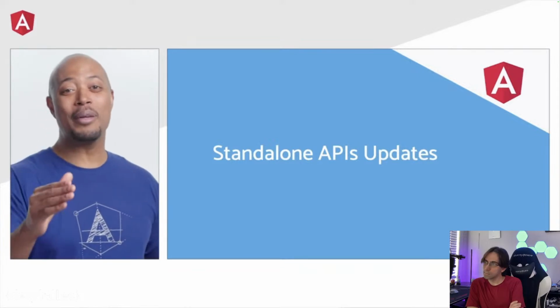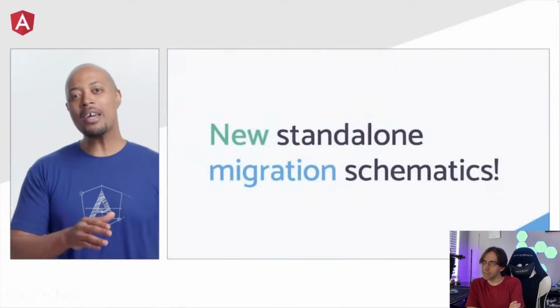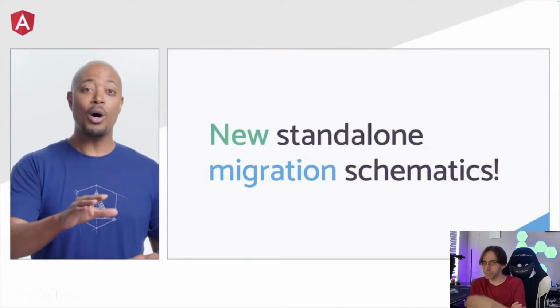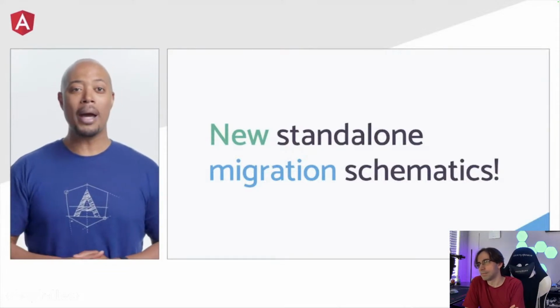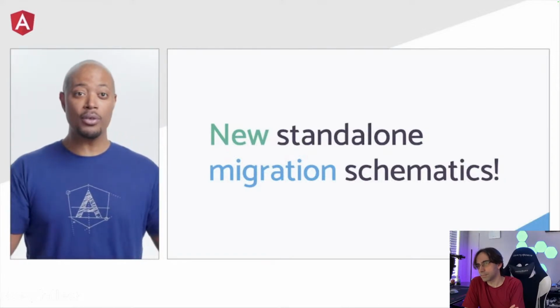Well, get ready to love it more because we're introducing some new tools. Say hello to the new standalone migration schematics. Now you can migrate your applications all at once or